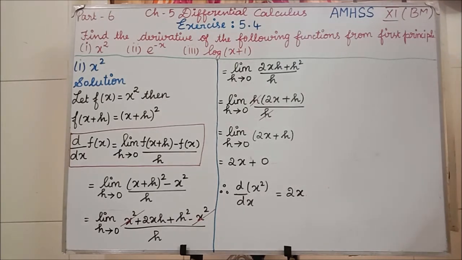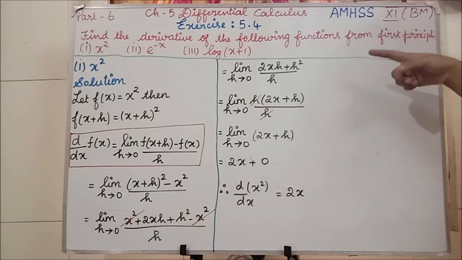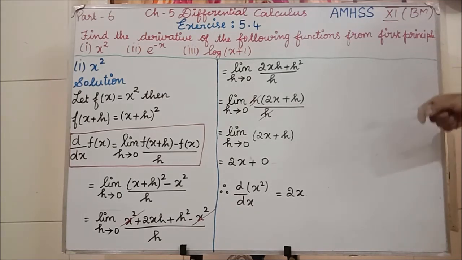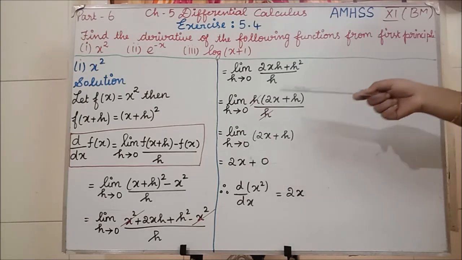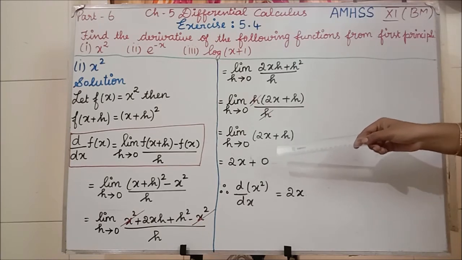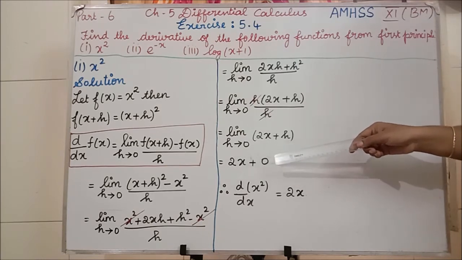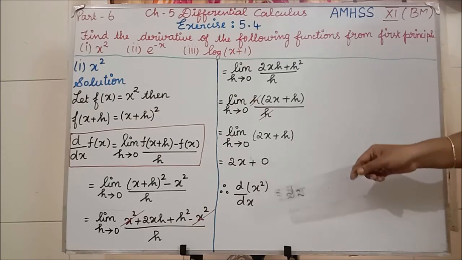Clear now? Because if you substitute in the earlier places, here in the denominator you will get 0. You should not get denominator 0. So you have to proceed with some steps. When the denominator part you are not having 0, by that time you have to substitute the value. Clear? So 2x plus 0. 2x plus 0 is what? 2x.